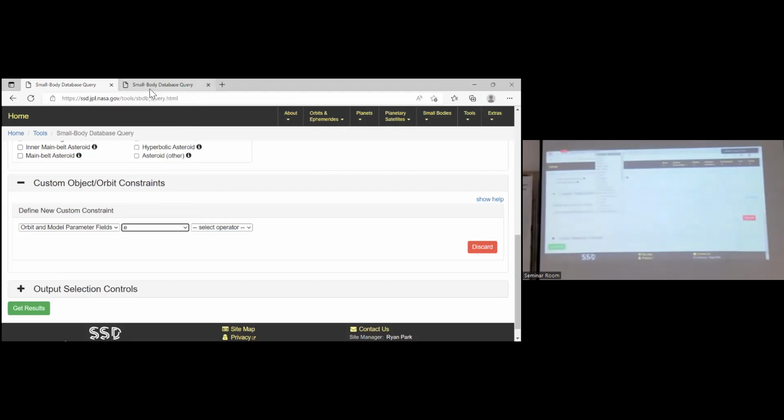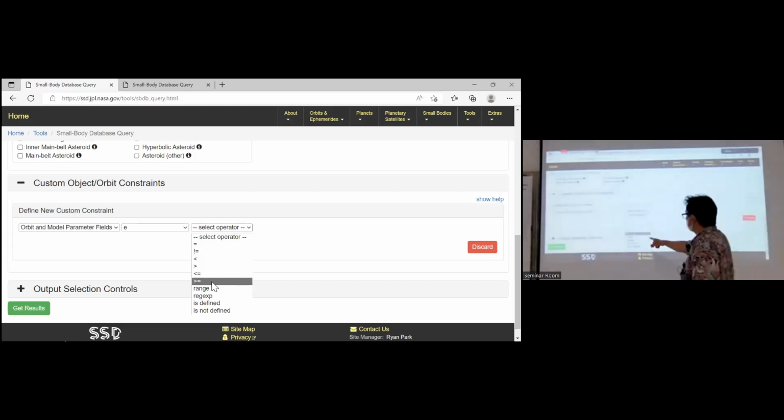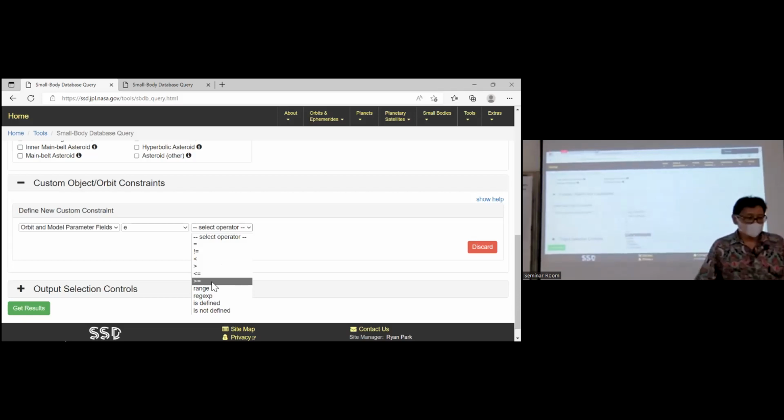Click the eccentricity, E. Select operator: more than or equal to 0.5.